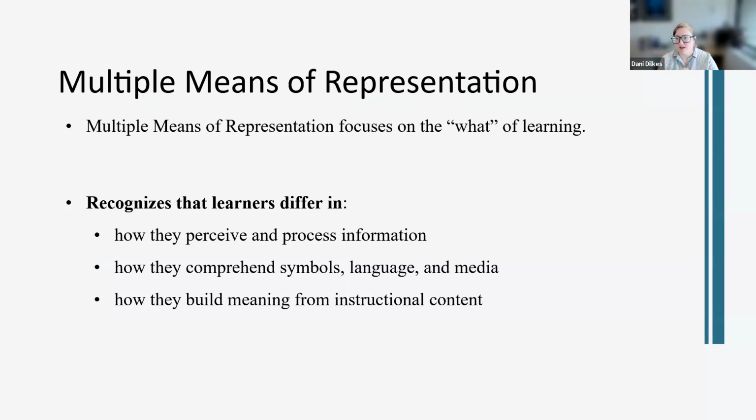So some things to consider when you're creating multiple means of representation in your courses is possibly designing or choosing materials that offer multiple formats. So making sure that you're presenting things not just in one modality, but in text and audio and visual and tactile and whatever formats might make sense for both your audience and the content. But more important than that is also offering things in formats where the users have the ability to actually change the settings.